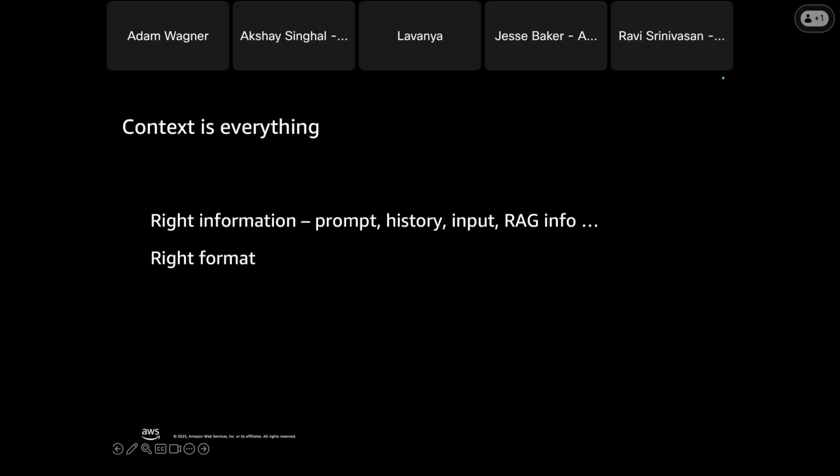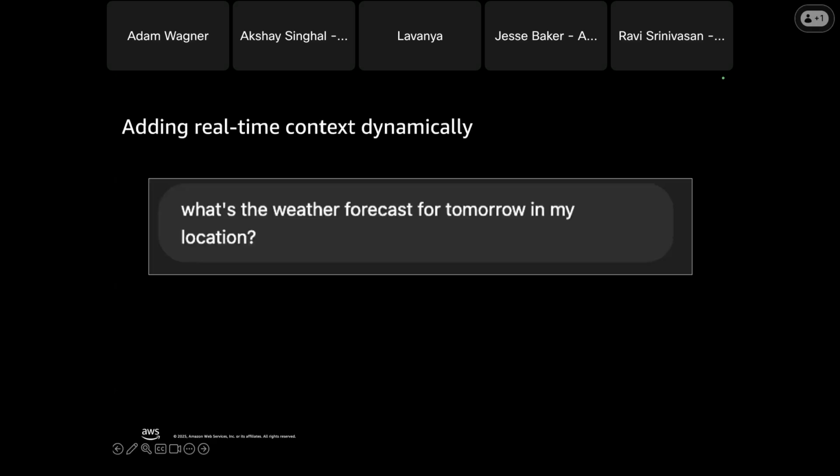Now we've shown how we can give it a personality with a system prompt. We've shown how we can get enterprise data using retrieval augmented generation, but we're still not quite at the agentic level. One of the things that often brings us into the agentic is the need for real-time context to be asked dynamically.